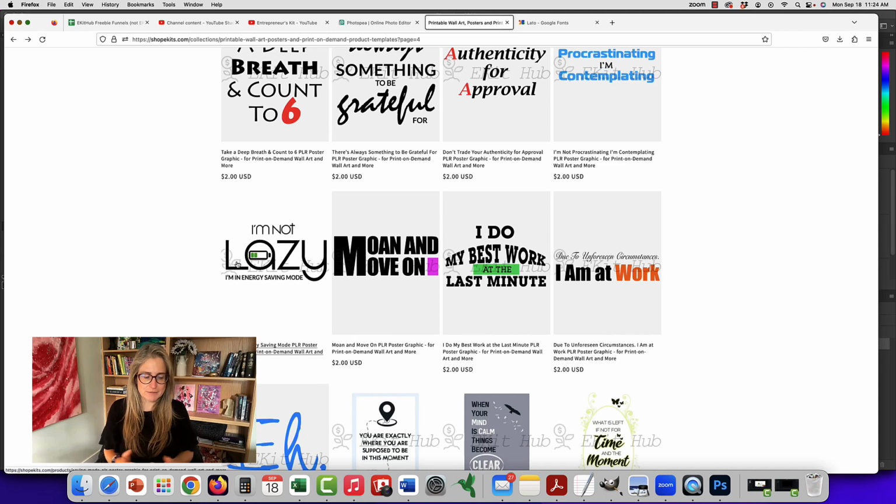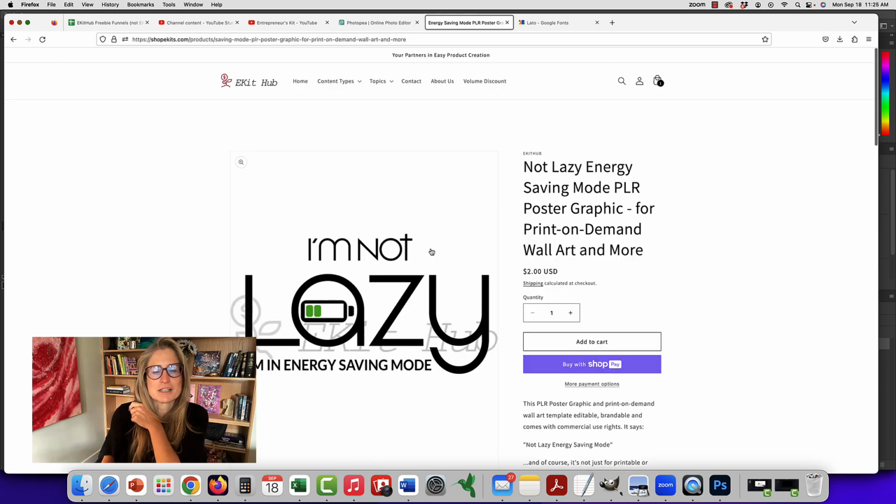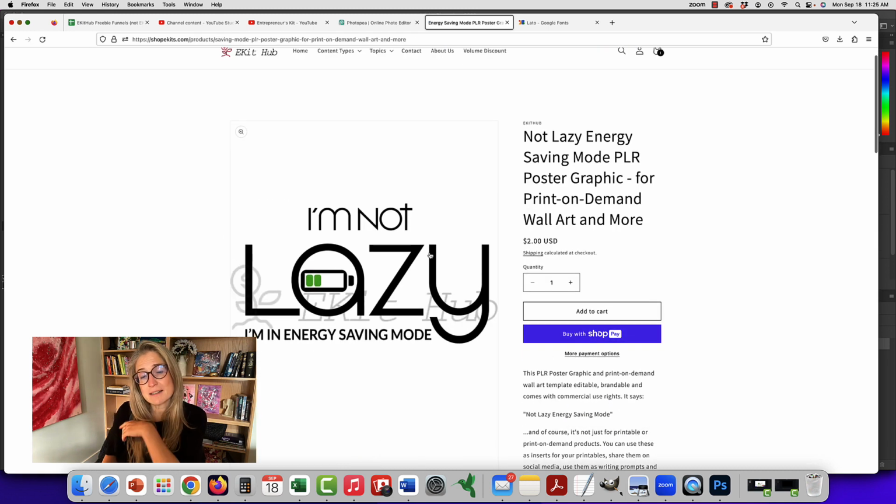As you may know, a lot of our graphics are in PSD format, which means they're an Adobe Photoshop file that has different layers that you can manipulate. We're going to show an example of this because you do not need to use Photoshop. You can use the free Photopea editor to edit the PSD files so you can customize them the way you'd